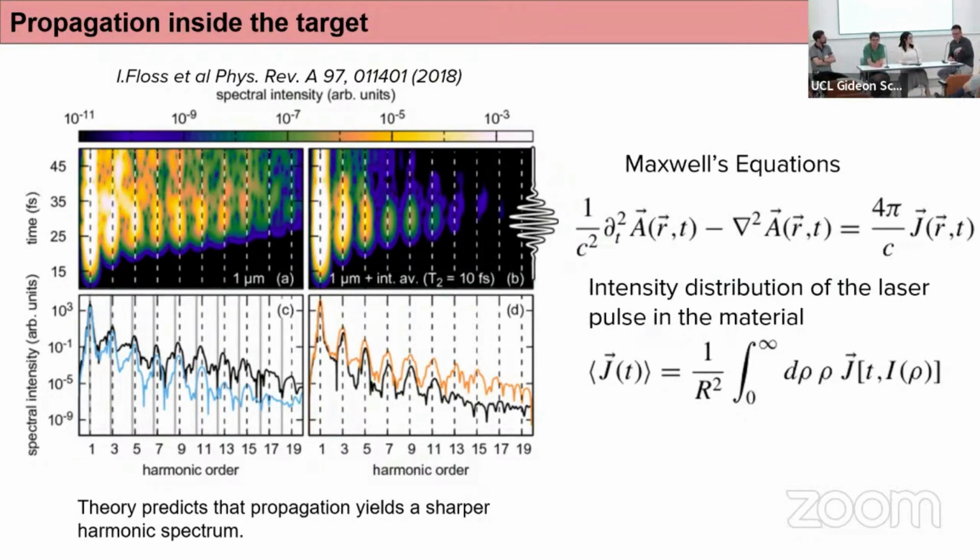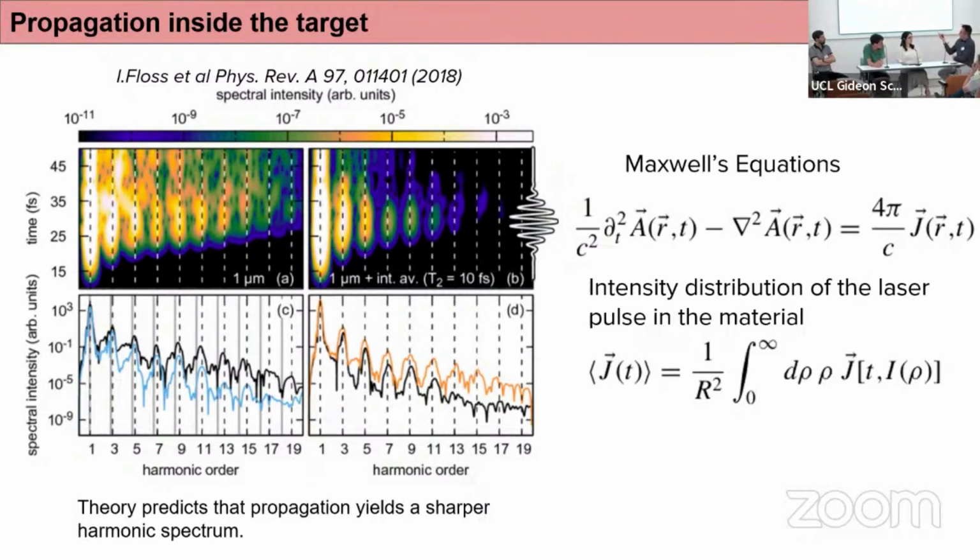transversal Gaussian shape of the beam, right? The intensity dependence of the beam in the focus. The spatial dependence of the intensity of the beam on the focus. And as you see in the bottom left figure, when they consider these propagation effects and also the effect of the finite size of the laser in the transversal plane,